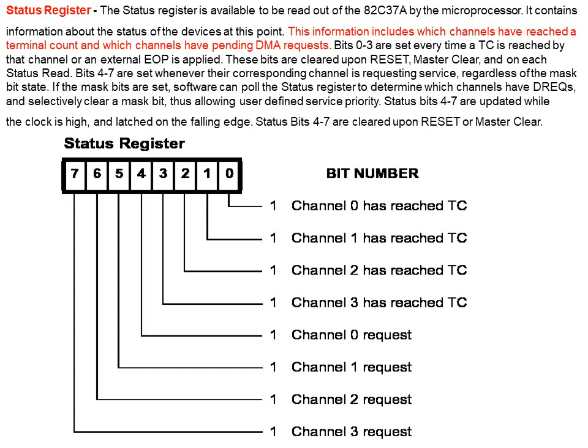The 4 LSBs of this status register represent whether the corresponding channel has reached the terminal count or not. If the bit is 1, the corresponding channel has reached the terminal count. The 4 MSBs of this status register represent which channel has given a request. Bit 4 represents the channel 0 request. If this bit is 1, channel 0 has given a request for DMA operation. Like this, we have the status